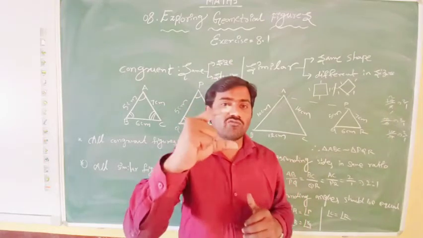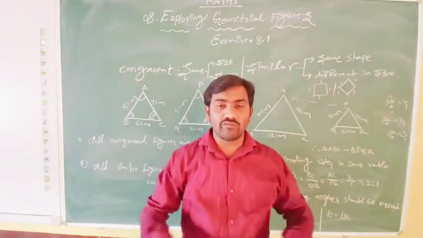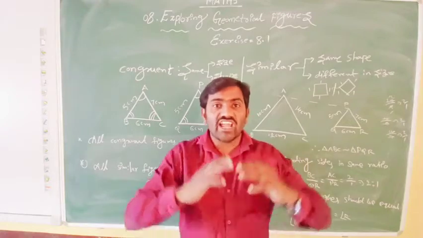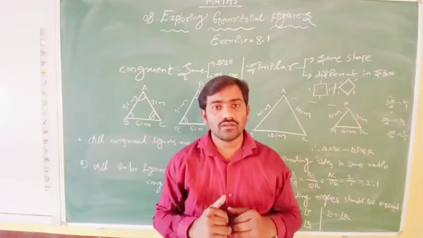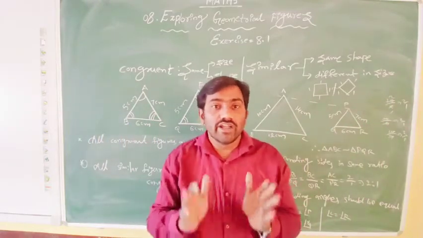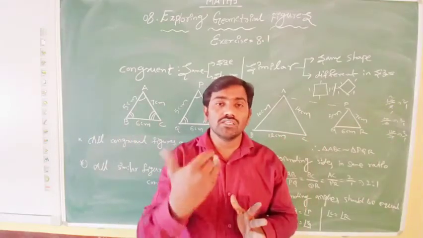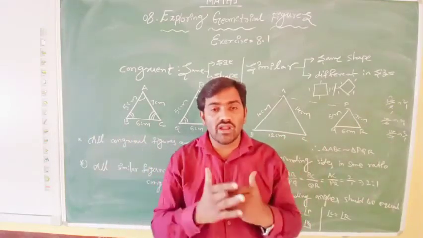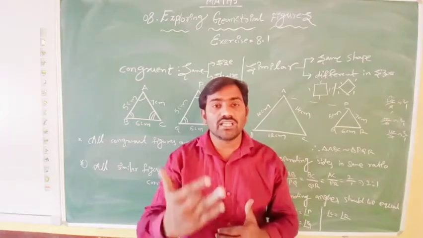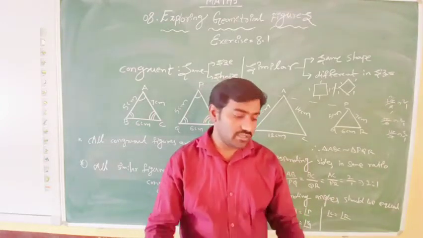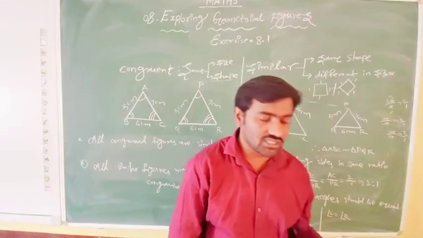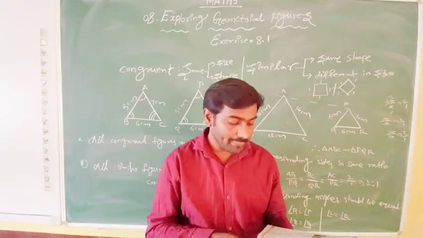Suppose we have a small photo and you make it a big photograph, they are enlarging it. Hence they are similar. Reducing or enlarging of an object always gives similar objects. The reducing or enlarging of objects is known as dilation actually. Regarding that, it will also be discussed in this video.